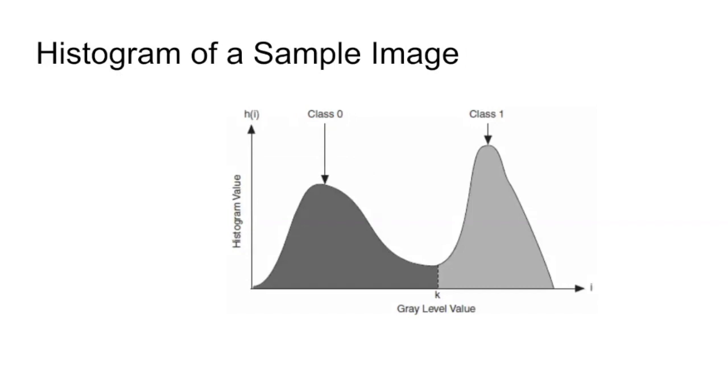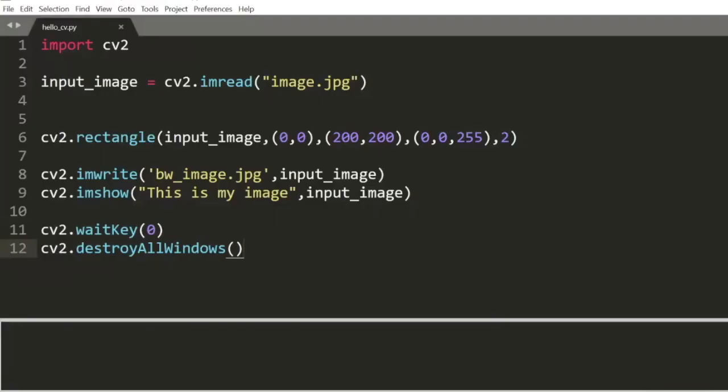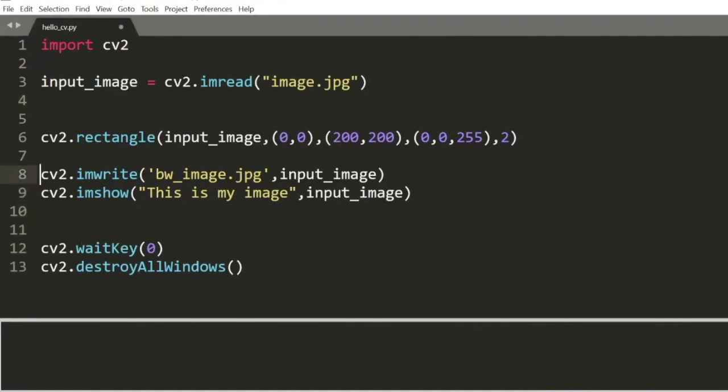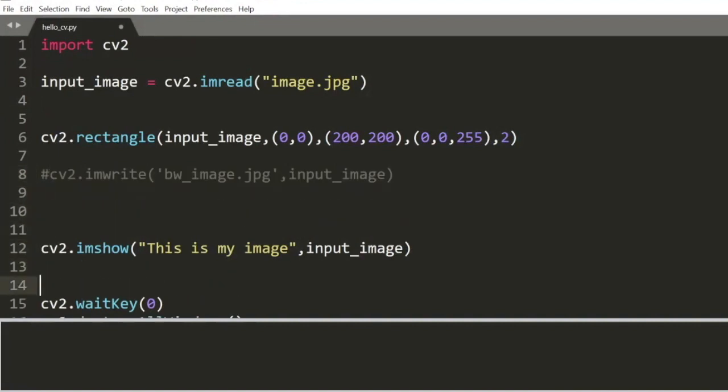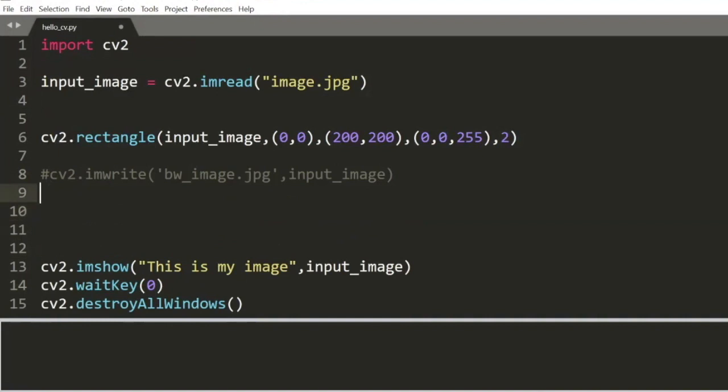Let's go ahead and try it out in our OpenCV program. What we want to do is convert this grayscale image that we have to a black and white image. Let's go over here. We don't want this imwrite, so I'm just going to remove this imwrite. We're going to push this imshow to the bottom, and we want to convert the image that we have to black and white. And again, I would want you to go ahead and find the name of the function which will help us convert this image to a black and white image. And then what we're going to do is go over and look at the parameters of that function. Maybe I can try to explain what is going on in the magic that OpenCV is doing for us. So let me go ahead and try doing that.